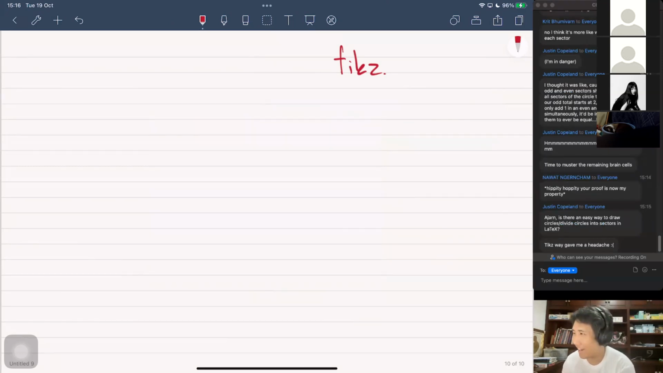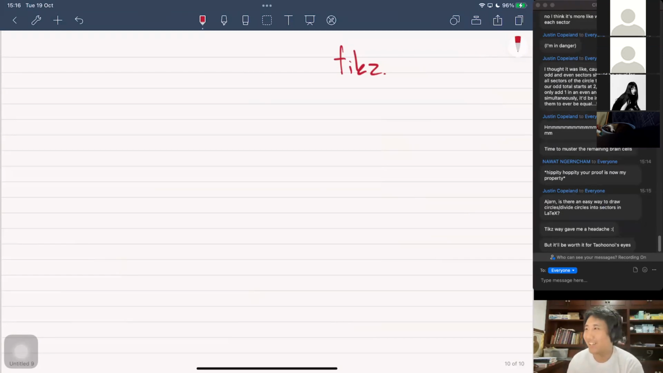TikZ, yes, gives me a headache as well. If you ask me right now to write TikZ, I have no idea. Then I go read the manual every time. All your lecture notes and all your homework are in TikZ though. That's why the picture is so sharp. The picture is so sharp, but